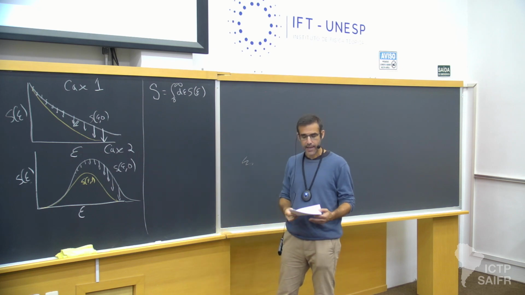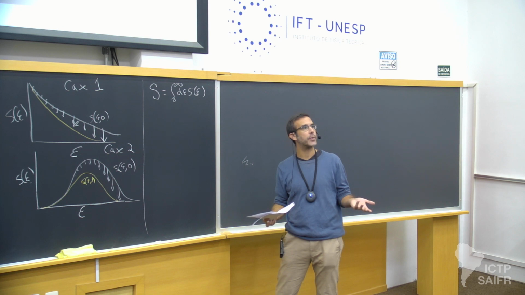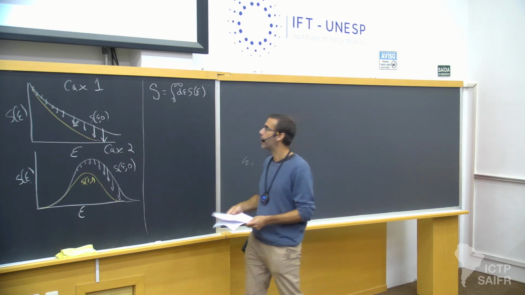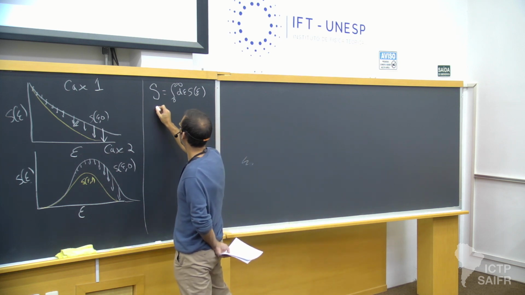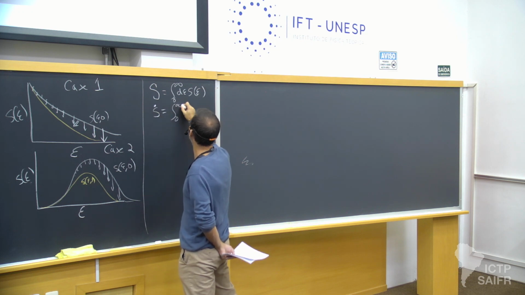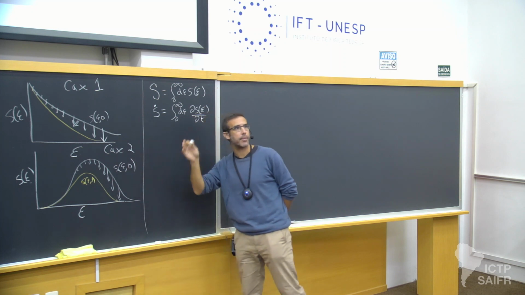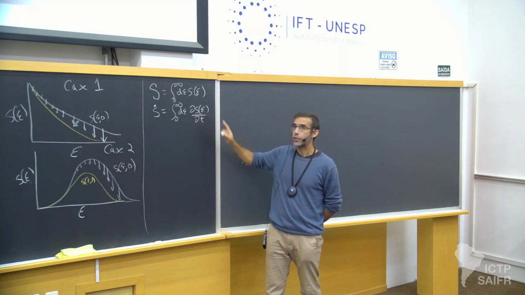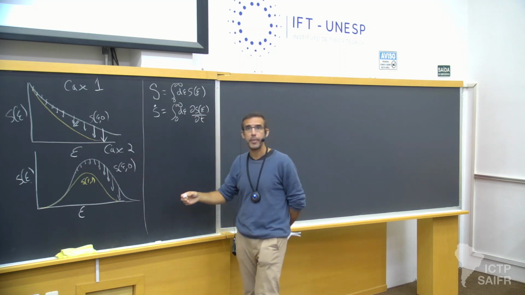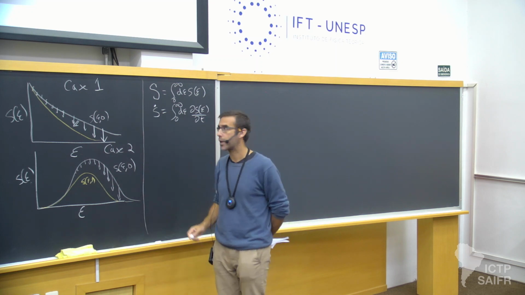So now I can ask the question, well, how did the total number of susceptible individuals change with respect to time? What is S dot? Well, that should be equal to the integral from 0 to infinity d epsilon of partial S of epsilon with respect to time. Really, it's a full derivative. I don't have any change in epsilon, but that's okay. So my total population will be changing because the subpopulations are changing.